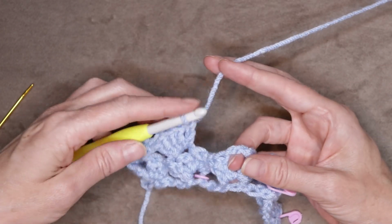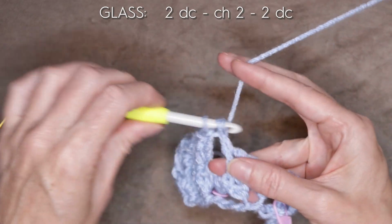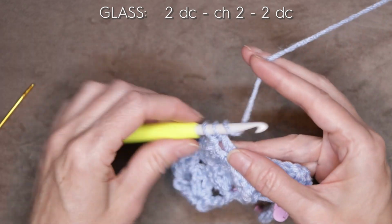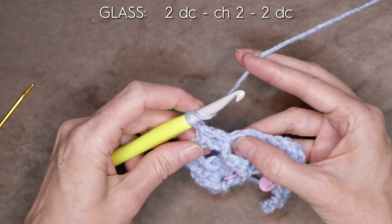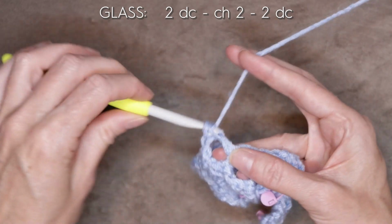Now into the center of the glass, we're going to do a glass. Glasses are 2 double crochets, chain 2, and 2 double crochets, all into that center space. So there's my 2 double crochets. There is my chain 2, and now 2 more double crochets into that same space, 1